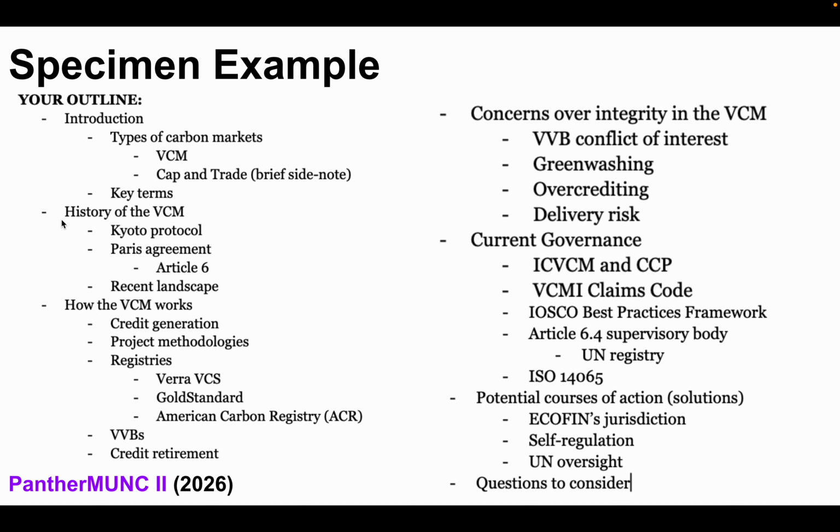And then, as you can see, I get into the history. These sections here are like the context, providing the history of the voluntary carbon marketplace, and then explaining how it works. So history and then the context. And then I'm getting into the landscape here, which is the concerns. What are some current concerns that organizations have identified? That framing is important. I'm not saying that the UN has not determined that there is a problem, but organizations like the Integrity Council and the VCMI have identified problems. And so this is where I would summarize these concerns. And then the current governance, what